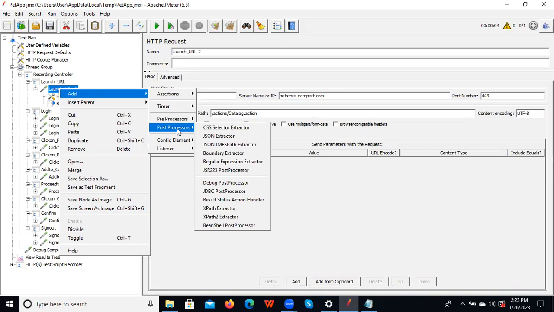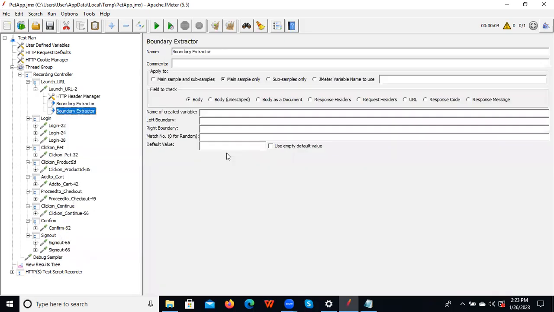So now we have the boundaries. Now we can click on the boundary extractor. So just click on boundary extractor. This is the boundary extractor, and you need to give the name, meaning whichever value you are extracting, you need to give that name. For source space, you can give the source space, and the same you need to give as the variable name, like how we gave the parameter name, right? You need to give the name like source page, you can give source page,